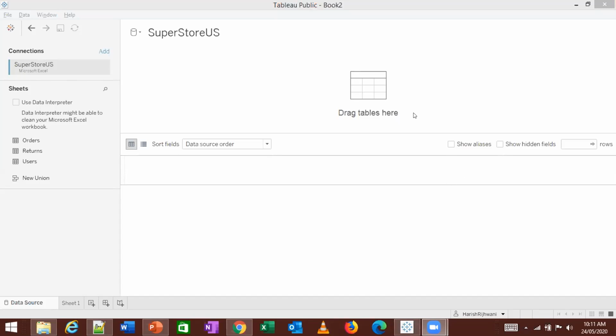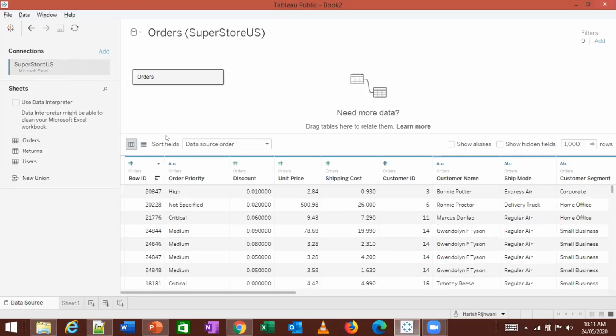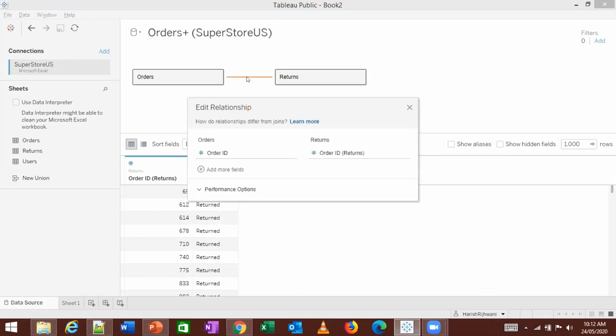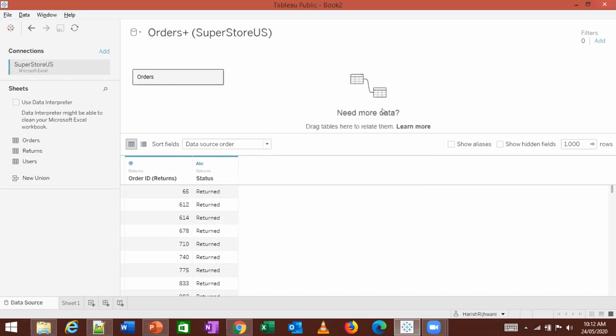All right. So when you open this, this Excel has 3 tabs: orders, returns, and users. If I click on orders, I will see the data which is there. Now if I click on returns, it's going to join that data. It's going to tell me how I want to join this information in terms of the relationship. If you're using an older version of Tableau, which is 2019, it's actually much easier to visualize that because here you are able to see those Venn diagrams. But we'll not get into this at this point of time. We will look at it later.